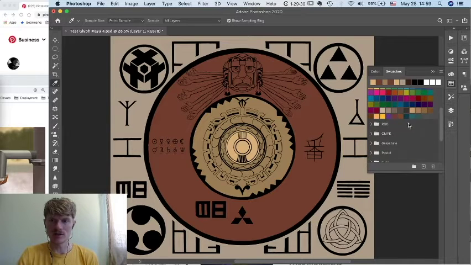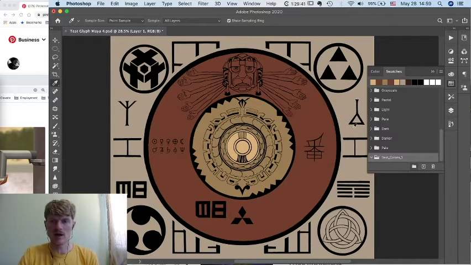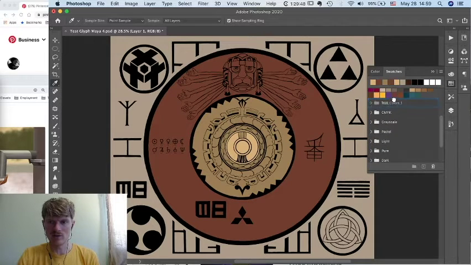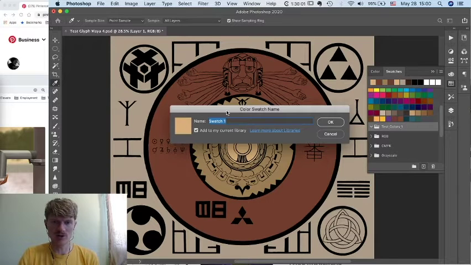These are a whole separate set of colors that I've created based on projects. What we can do is create a folder and just name this group. Let's just name it Test Colors 1 and hit OK. You can see it puts it at the bottom. We can arrange these however we like so we can access them later. Let's just move it to the top. Great. So now we have this color selected, and whatever color we currently have selected with our eyedropper, when we hit plus,